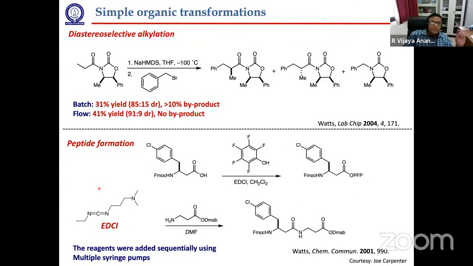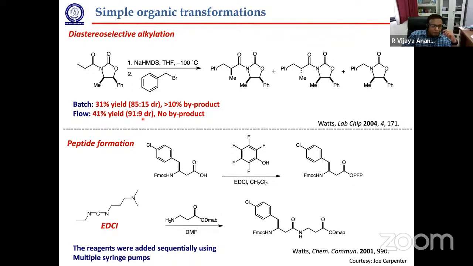All right. So another one is diastereoselective alkylation reaction. This is basically a David Evans chiral auxiliary reaction, and the simple alkylation. You can see this base will deprotonate here, and then alkylation takes place over here. Generally, this gives a mixture of these two compounds, and this is basically a byproduct. The sodium hexamethyldisilazide hydrolyzes this amide, and then this N minus is coming and attacking here. So the N-alkylation will take place. You can avoid this byproduct formation in flow chemistry. Okay, so see, there is no byproduct formation in this case, and the selectivity is also improved to 91:9,